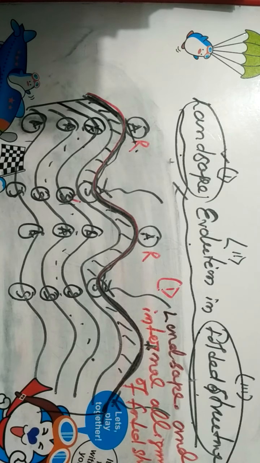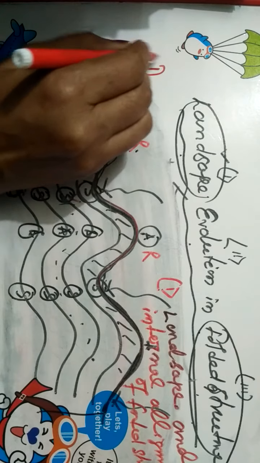Okay, তাহলে first one is that যখন ইভলিউশন শুরু হচ্ছে বা যখন আমরা থিওরির 1 নাম্বার পয়েন্ট